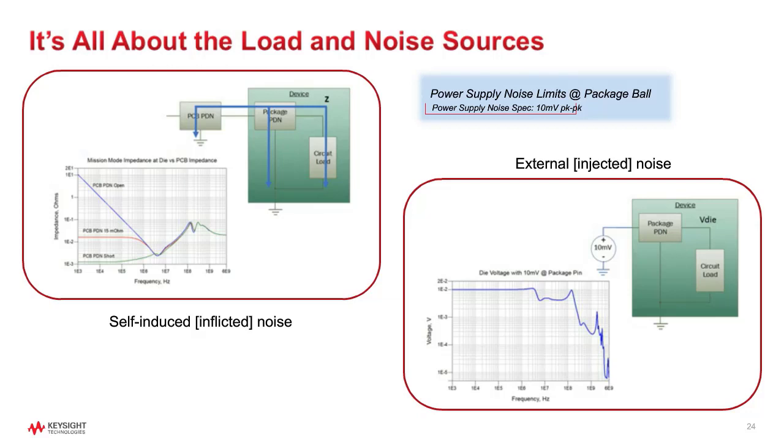The worst case is maximum impedance with no PCB PDN attached to the package die model. Then there's the nominal case for flat impedance PCB PDN attached to the package die model, and the ideal zero impedance case where the PCB PDN is a short attached to the package die model. The interesting thing to note is that it is very clear that at higher frequencies, the PCB PDN has little impact on the impedance seen by the load.